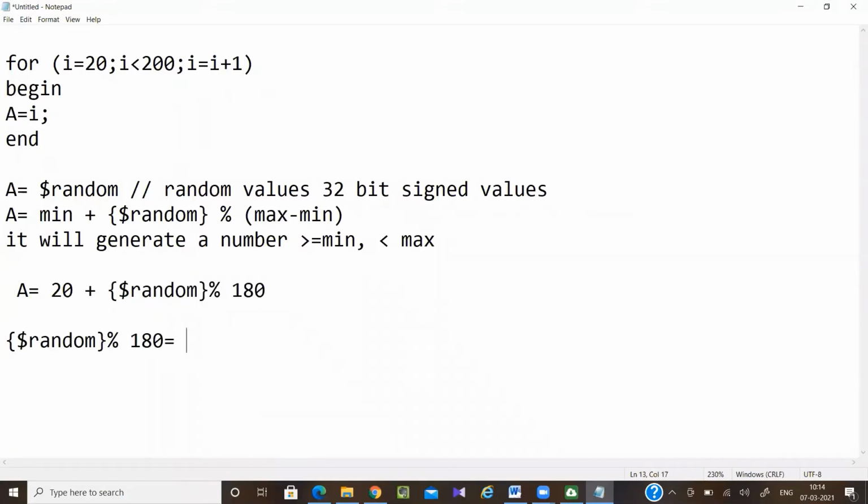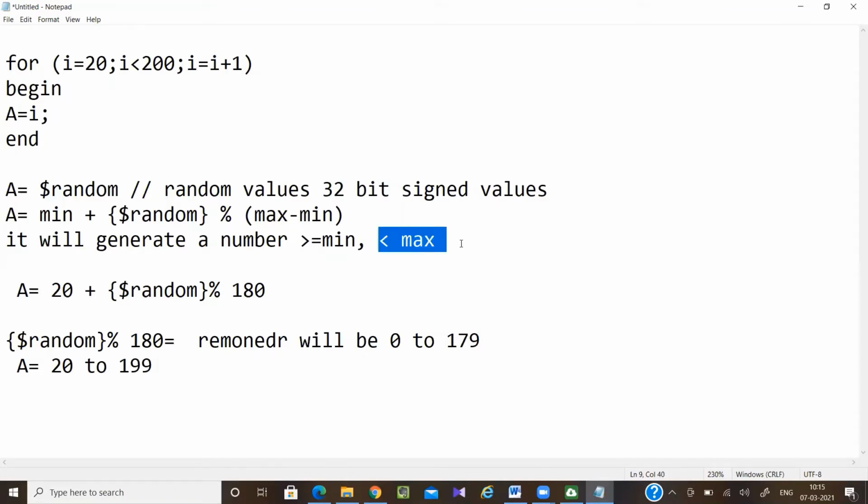If I am dividing anything by 5, the remainder will be 0 to 4. If I am dividing anything by 10, the remainder will be 0 to 9. So if I am dividing anything by 180, the remainder will be 0 to 179. Now I am adding 20 here, so the A value will be 20 to 199. That is, it may be equal to minimum or greater, but it will be less than maximum. If you want it to be less than or equal to maximum, add plus 1 here.